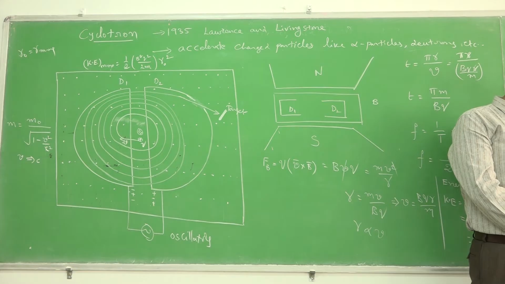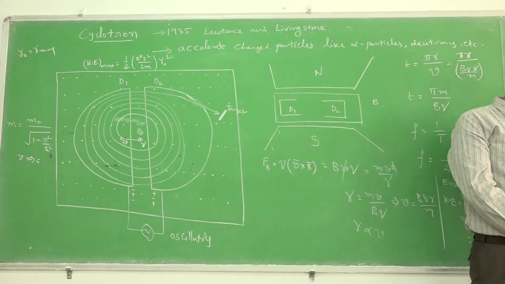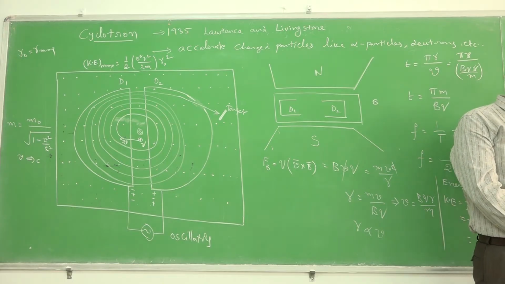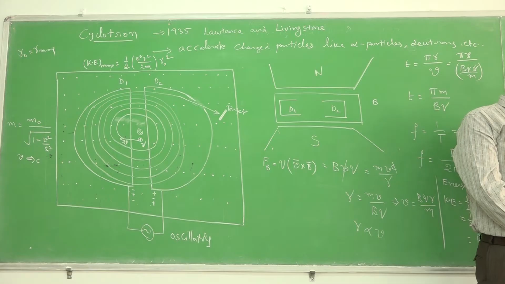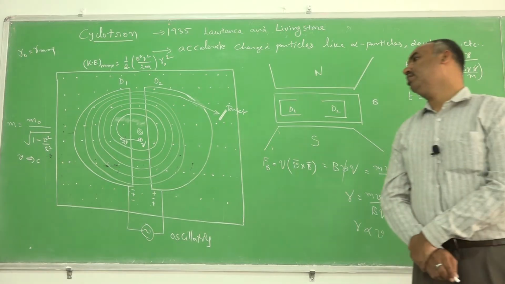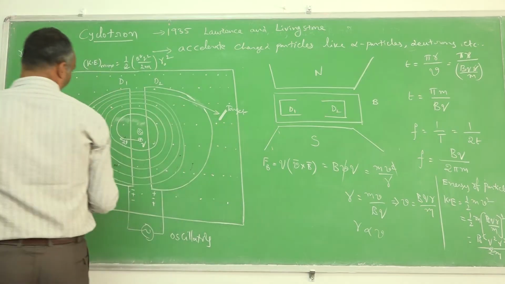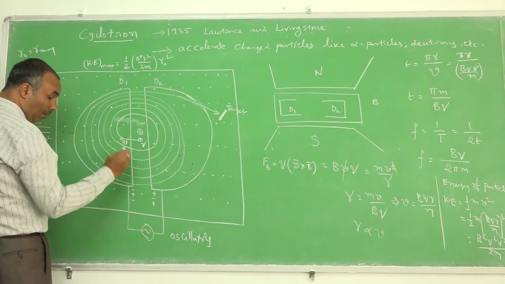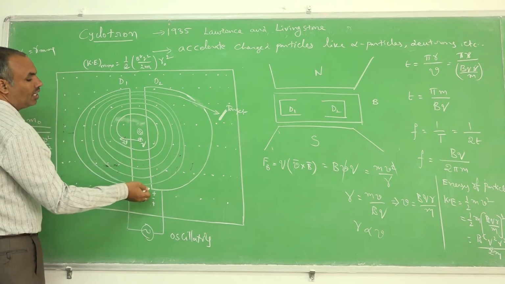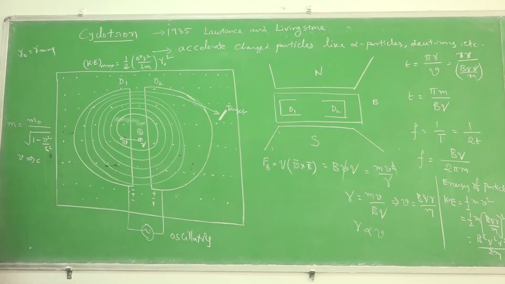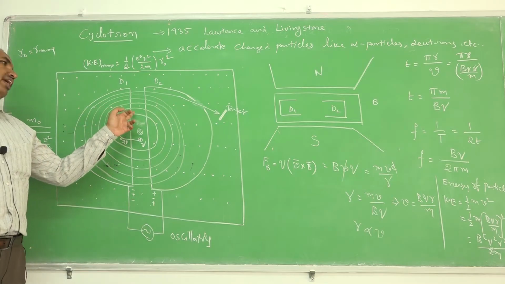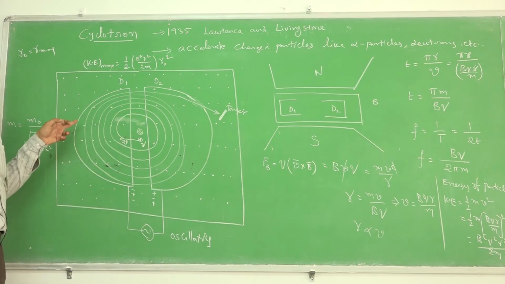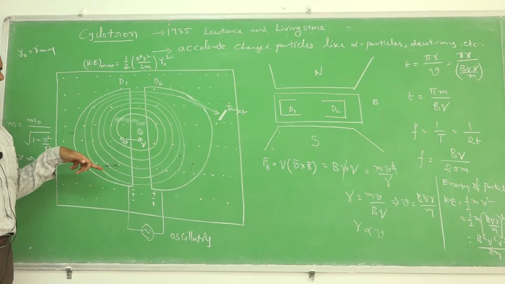So as the charged particle is accelerating, its velocity is increasing and hence its mass increases. Once mass increases, sustained rotation of the particle will not take place. Sustained rotation means, I told you clearly, once the particle completes its semicircular path, by that time the D's polarity should change. Then only it will be attracted further into the other D and further it is allowed to move in a circular path of more radius.